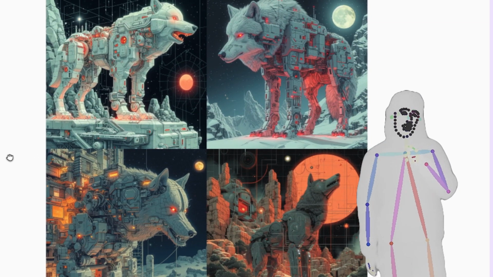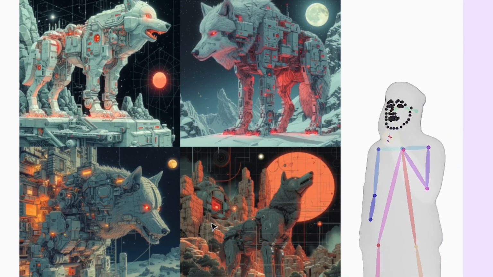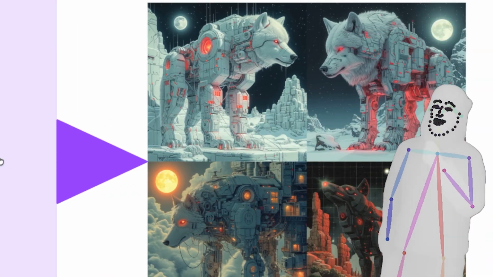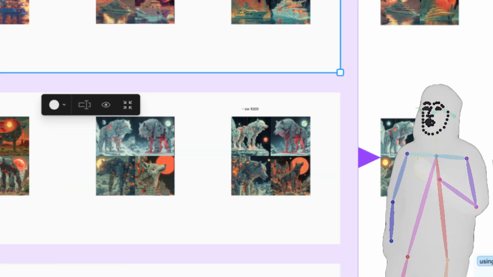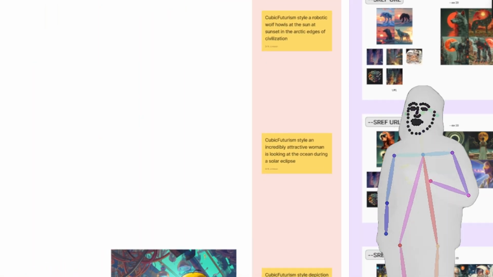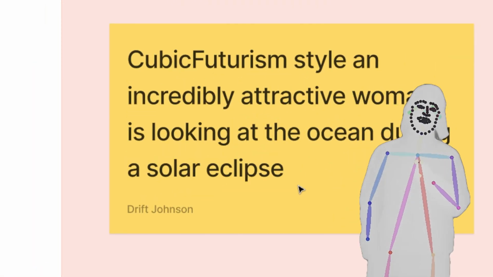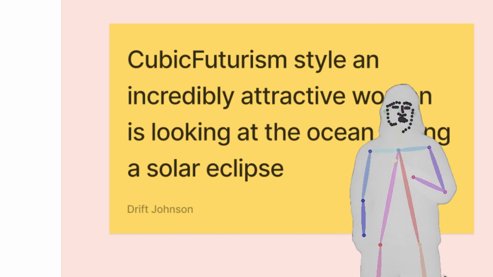Go to maximum strength, and we've got some really cool robot dogs that could probably be buildings, actually. But yeah, again, weight 200 is my favorite. I think it's a nice balance. So now we're going to go to the next prompt, which is an incredibly attractive woman looking at the ocean